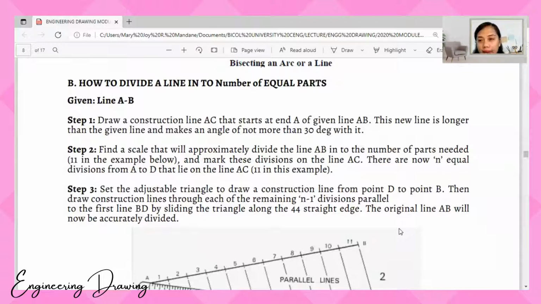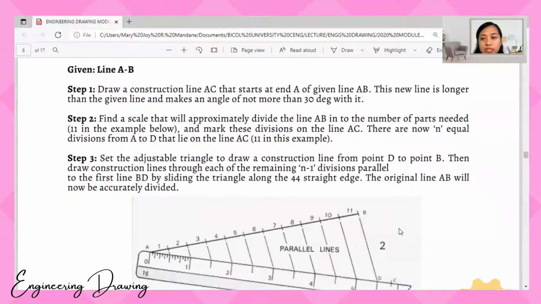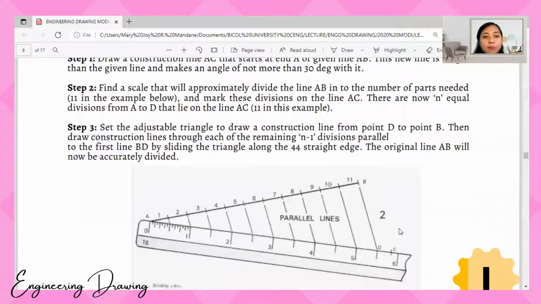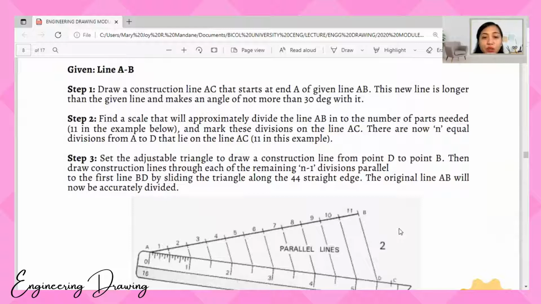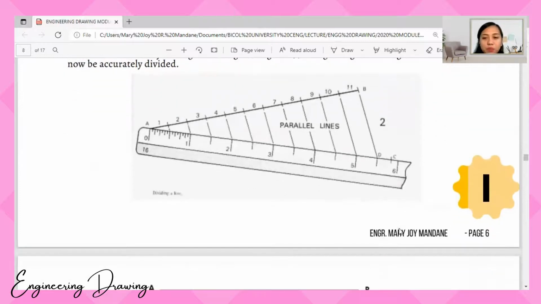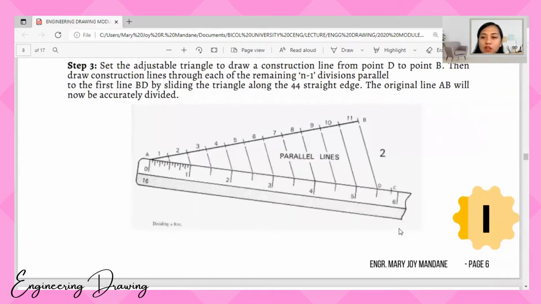There are now n equal divisions from A to D that lie on the line AC. Step 3, set the adjustable triangle to draw the construction line from point D to B. Then draw construction lines through each of the remaining n minus 1 divisions parallel to the first line DB by sliding the triangle along the straight edge, and the original line AB will be accurately divided. So, okay, so makikita niyo meron tayong